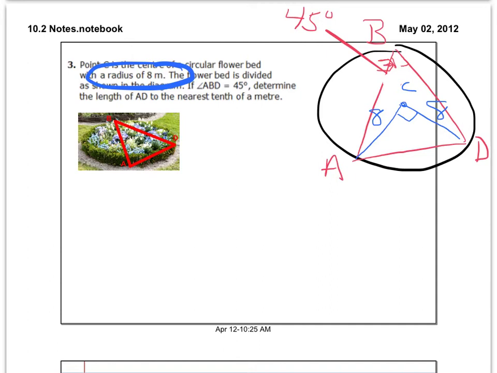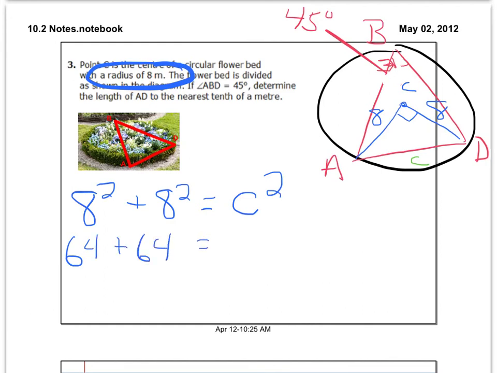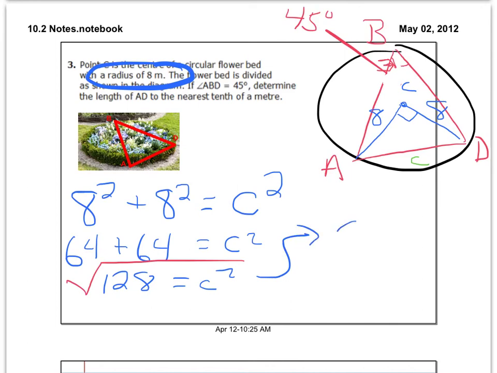And then using Pythagoras, this time we're looking for the hypotenuse, so we're looking for C. So 8 squared plus 8 squared is equal to C squared, 64 plus 64, 128. The only step left now is find the square root,